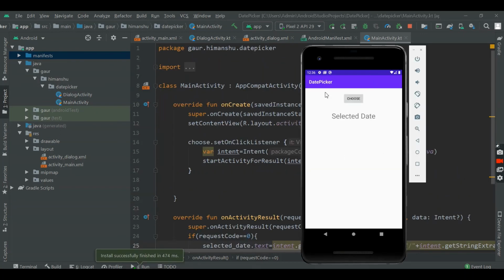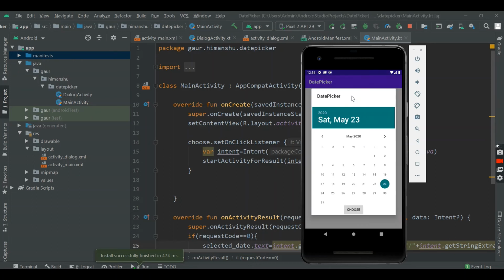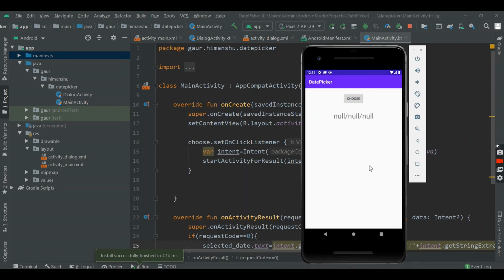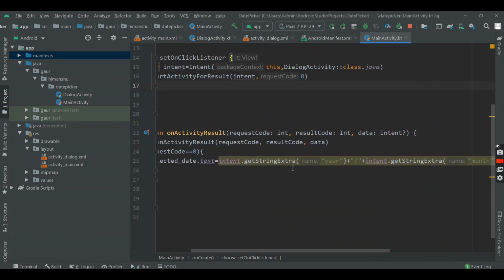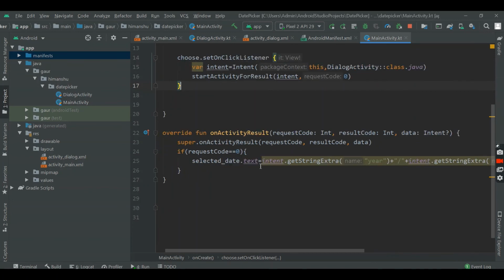So here our project is first choose, and here the dialog will appear, and simply select 6. Actually I'm not selecting May, it is June. Yeah, 10 June, and simply choose. Oops, I think I forgot something here. So what is this? Oh, sorry.